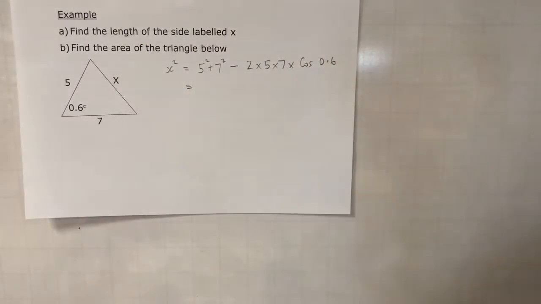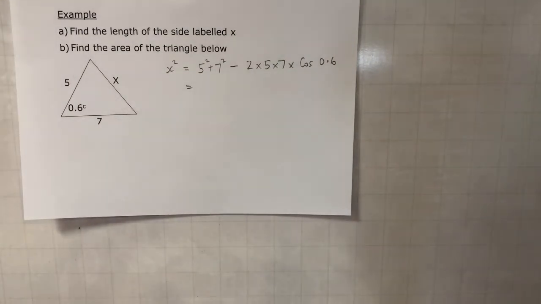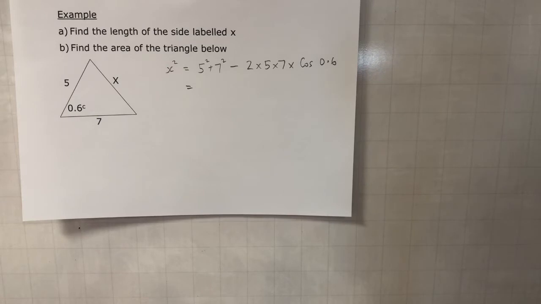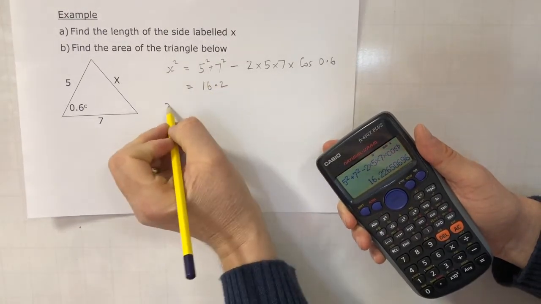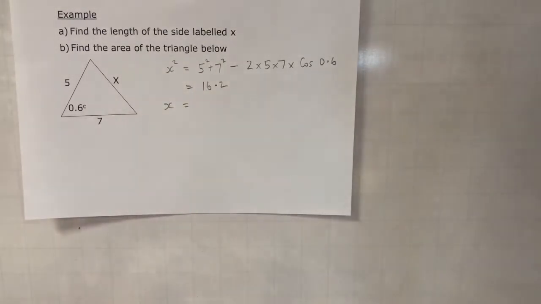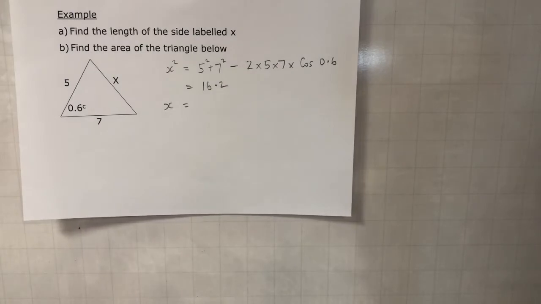And if we throw that into the calculator, because I have altered the mode to radians, it should be fine. 5 squared plus 7 squared, take 2 times 5 times 7 times cos 0.6, comes out as 16.2, etc. So therefore x is the square root of that, which is 4.0